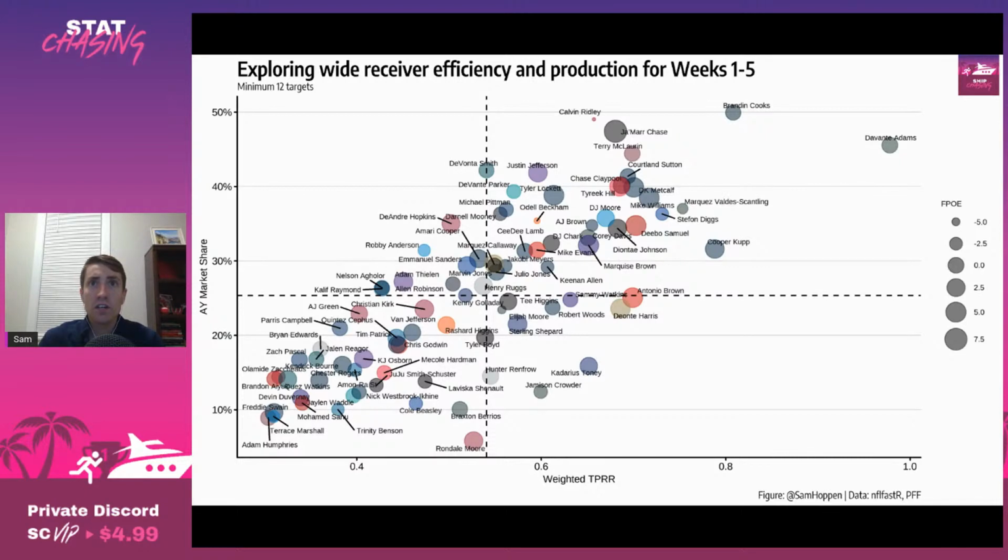So yeah, I'll talk about Johnson and Claypool first, and then I'll talk about who I think steps up in Juju's absence. Johnson had a ridiculous stretch of targets in each game, and then had 2 targets on Sunday. Granted, he hauled one in for a long touchdown, so he didn't ruin your day fantasy-wise, but it's kind of ridiculous that it dropped down from double digits every week that he played this year to just 2. He still ran a route on 96% of dropbacks, which was his second highest rate on the season, but just didn't get